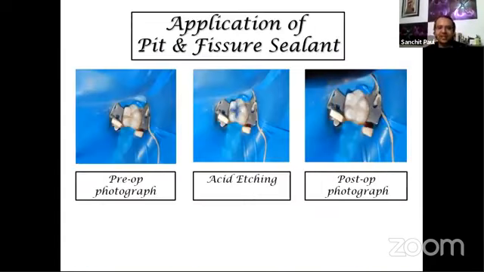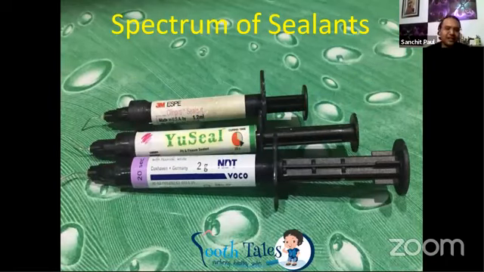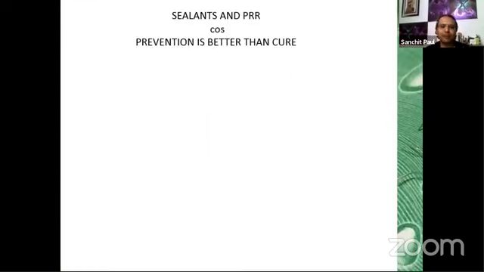Now, as we mentioned, the sealant has a proper protocol of cleaning the tooth properly, doing the etching and bonding protocol, and then putting the sealant. And although the market is full of various types of sealants from 3M, from Ivoclar, and different companies, our personal favorite has been Bioseal Fissure X for the simple reason that it has an amazing consistency and non-tripping technology, which makes sure that there are minimal bubbles and a very good flow. We also like to use Fissurotomy burs from SS White, which really make sure that we have enough depth for the sealant to stay, but we are not doing any tissue removal to place the sealant.